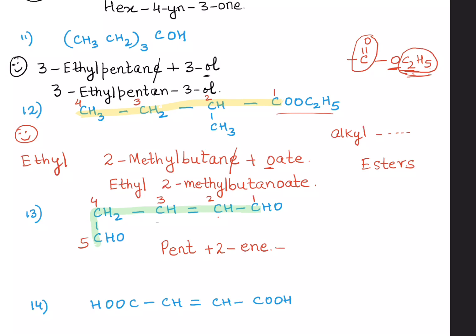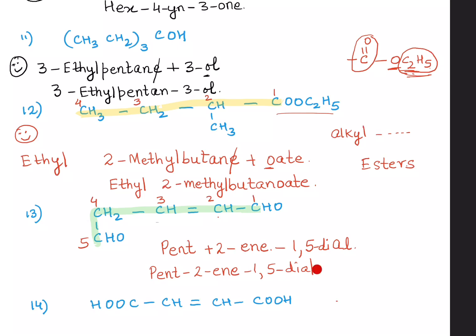Then the secondary suffix. What is the functional group? Aldehyde. What is their position number? 1 and 5. So can I just leave it as al? No, because there are 2, I will have to write it as dial, right? So let's combine it and give it one single word. Pent-2-ene-1,5-dial. Notice I have not dropped the E this time because your secondary suffix begins with, yes, the alphabet D.